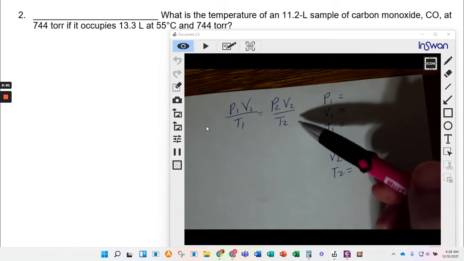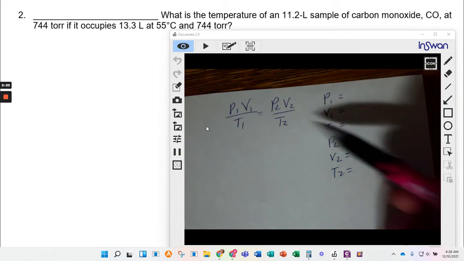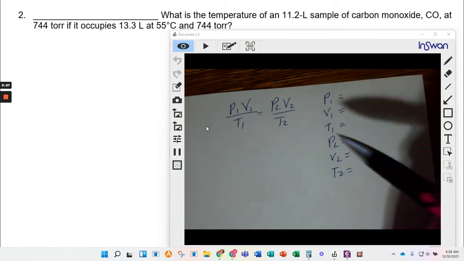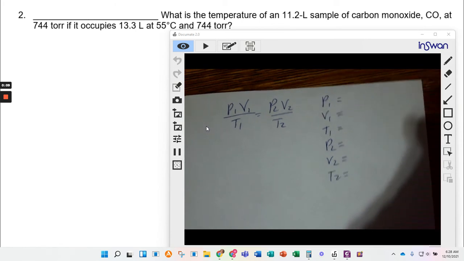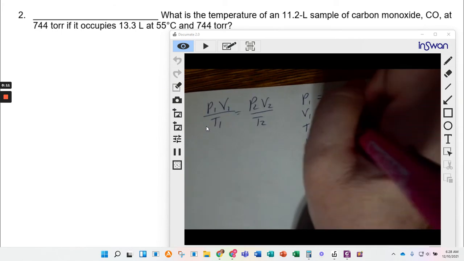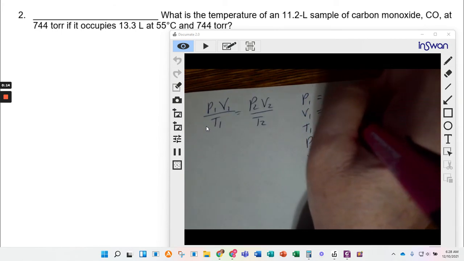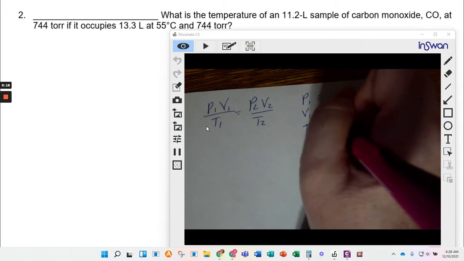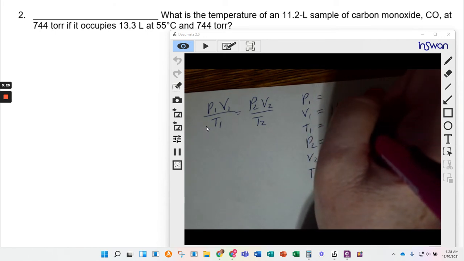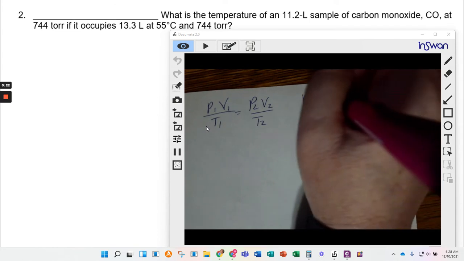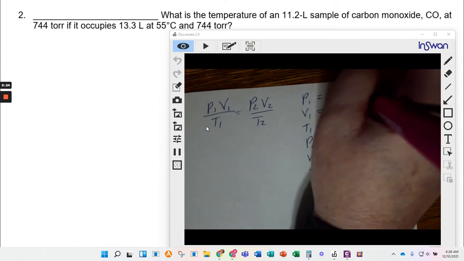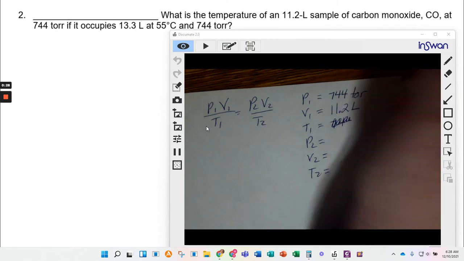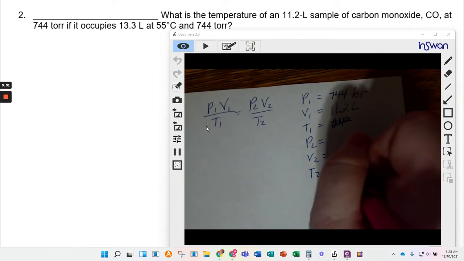Okay, so we're going to look at the second problem. I have my combined gas law formula and I have my list of variables. I'm going to start reading through the problem and putting variables where they belong. So 11.2 liters, that's volume 1. 744 torr, that is a pressure. And if it occupies 13.3 liters,